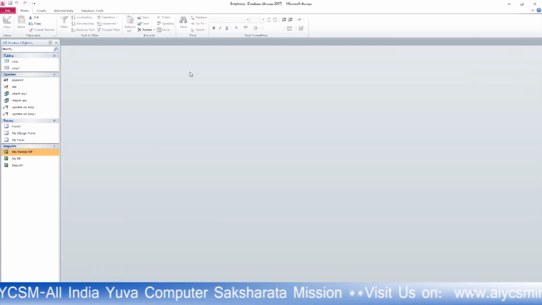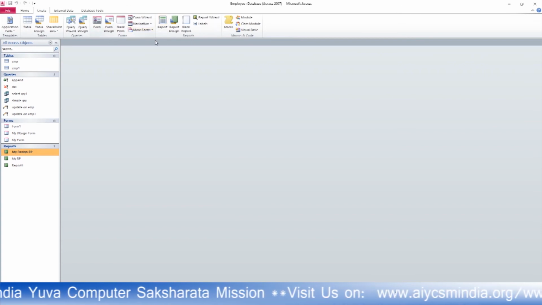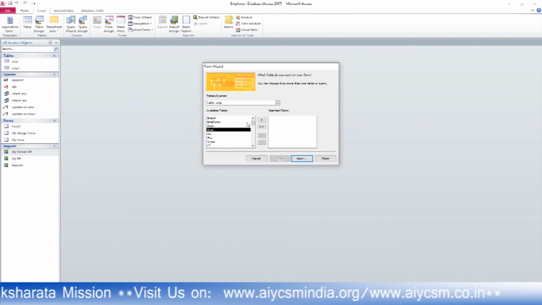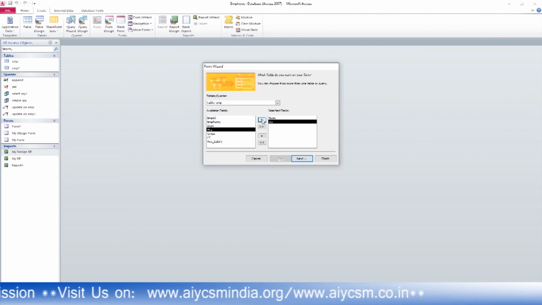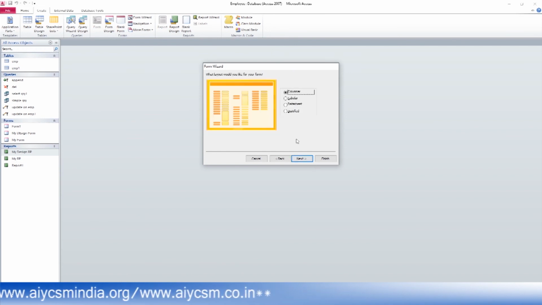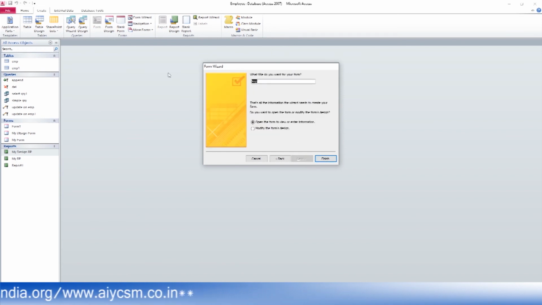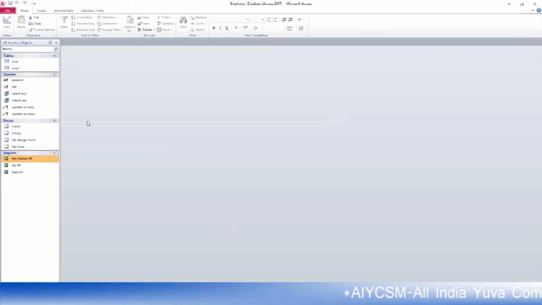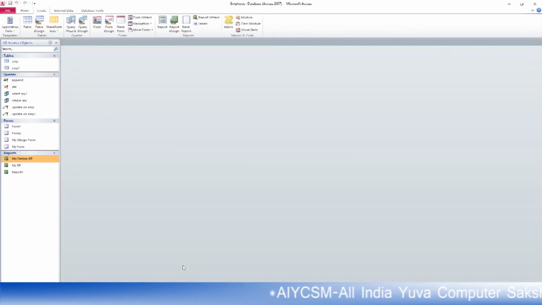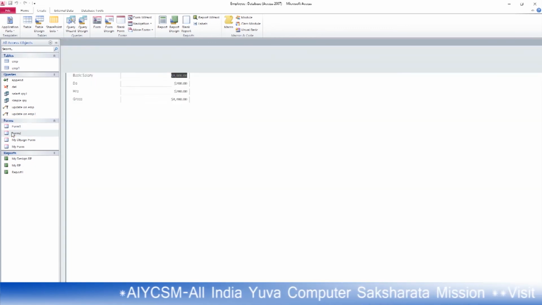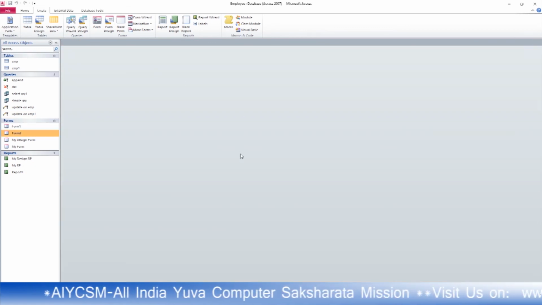Now I am creating another form from this Form Wizard. I am creating this basic, this TA, this HRA and this gross. This is form 2 actually. I am creating these 2 forms. One is form 1, another one is form 2. Now I am creating some macros. This is form 1, it has this field, this is form 2, it also has this field, and now I am trying to create some macros.